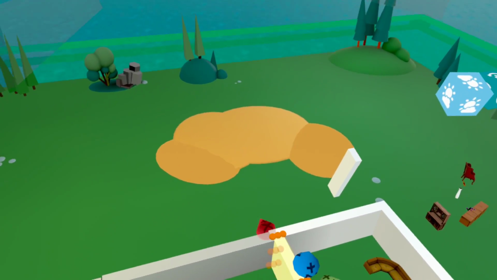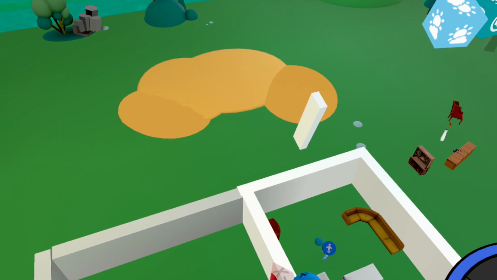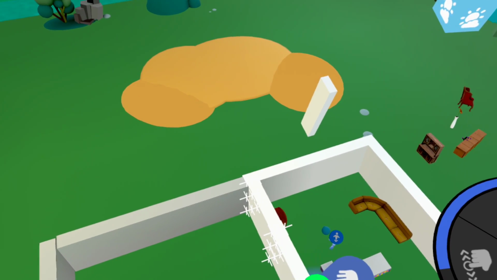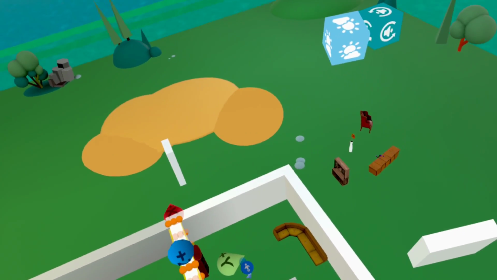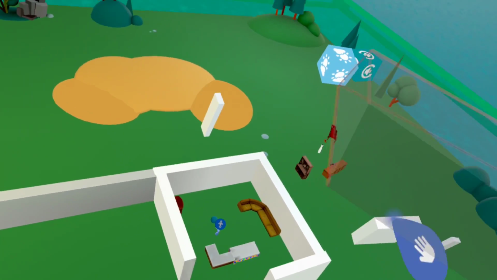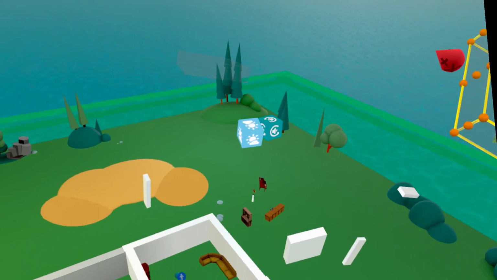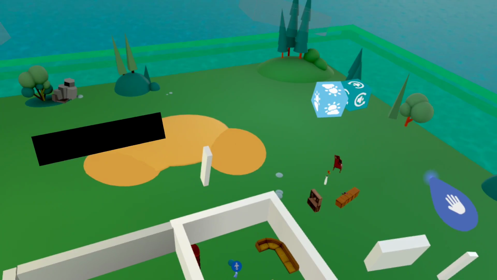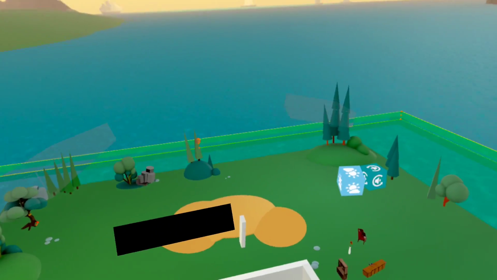The how-to. This is not wide enough for a door. Oh, undo. Still don't think that lines up. I think I messed up. I'm going to move that out of the way. And my headset's going to die, so